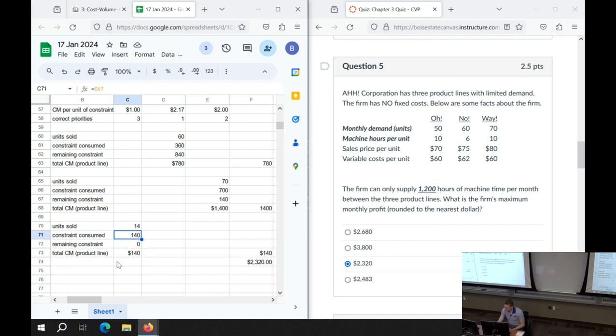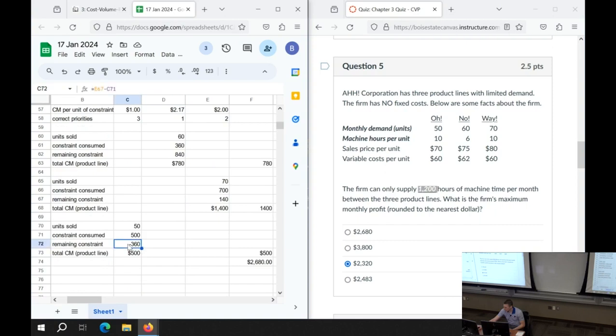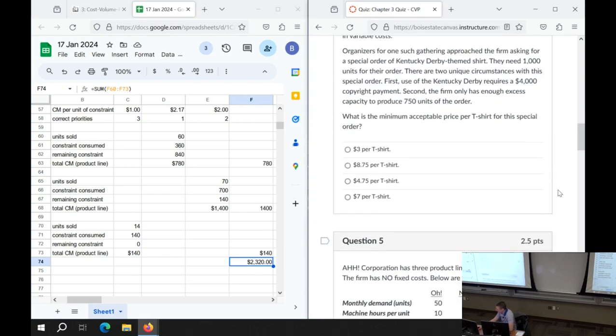Now, I know one mistake we can make. You can forget those constraints. You can say, well, I'm going to produce all the products. I want all the products. I want to fill all the demand. More power to you, but I've told you you can only supply 1,200 hours of machine time. So you've ignored that constraint. You've actually gone 360 hours over what you have available to you. And you get this answer, and it's available because I'm mean, and I put it there, and you're wrong. Don't do that. So that's this style of question, and it should be on every single attempt you make, this kind of question.